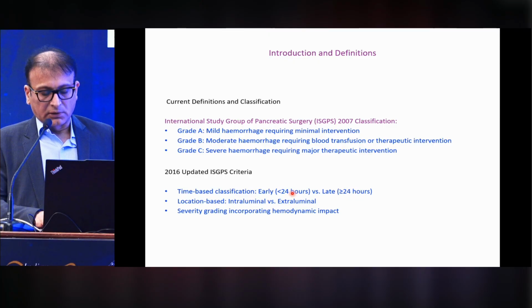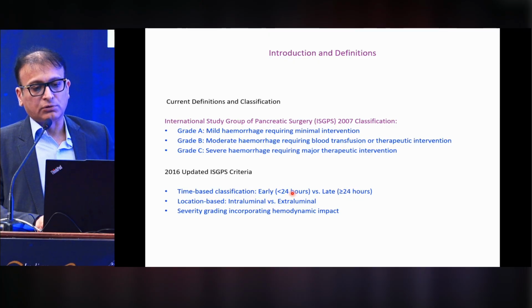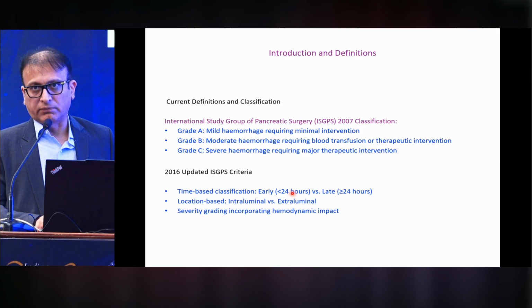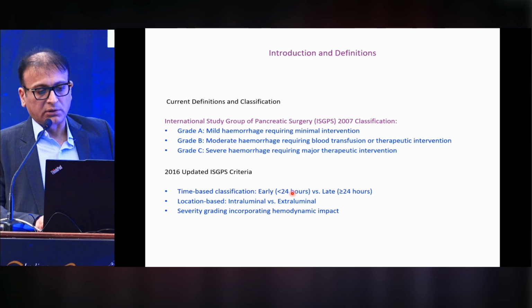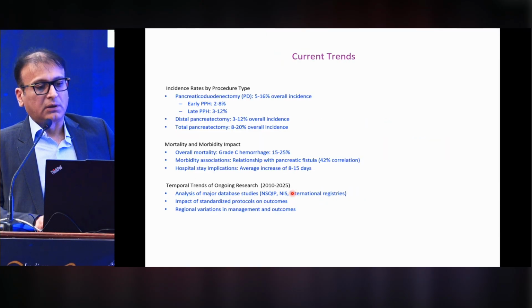So these are the classifications. The earliest was 2007, wherein it was divided into grade A, B, C. I'm not going into the details. C is, of course, the most severe hemorrhage requiring intervention and has a definite mortality factor there. But the recent classification has also given a time-based and a location-based element, like intraluminal, early or late, and of course the severity, which incorporates the hemodynamic effect. The current trends, just